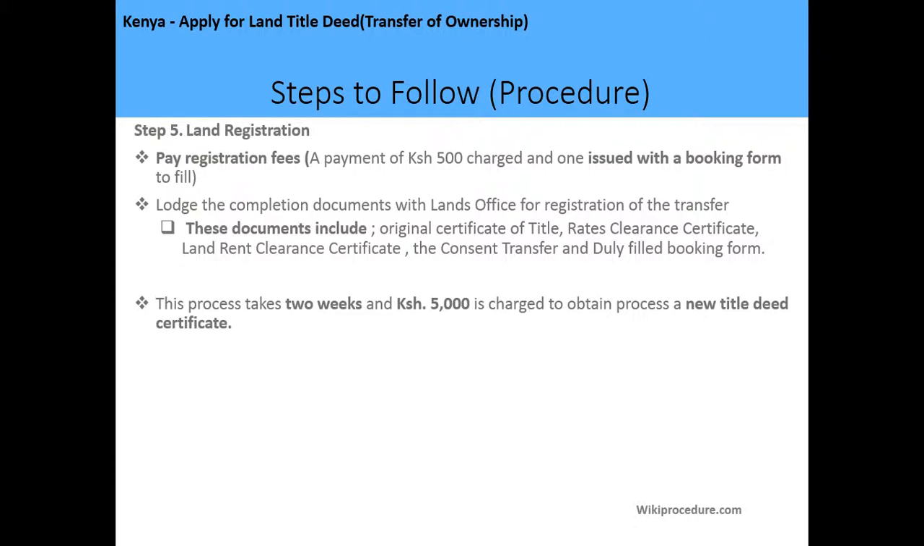You can now pay the registration fees. You should note that a payment of 500 is charged, and one is issued with a booking form to fill. After that, you should lodge the completion documents with the land office for registration of the transfer. These documents include the original certificate of title, rates clearance certificate, land rates clearance certificate, the consent to transfer, and a duly filled booking form. This process normally takes 2 weeks,